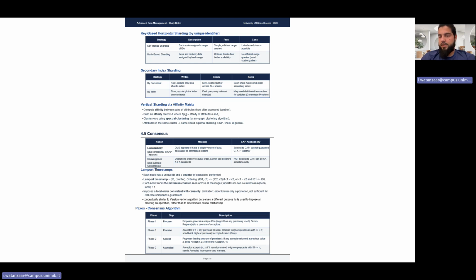In the leaderless case, we decide with the quorum, but the problem of consensus is still arising. And as we have seen with secondary index sharding by term, how will we know that the distributed transactions for updates have occurred? We need to know when the transaction has succeeded or failed, which is nothing but consistency or